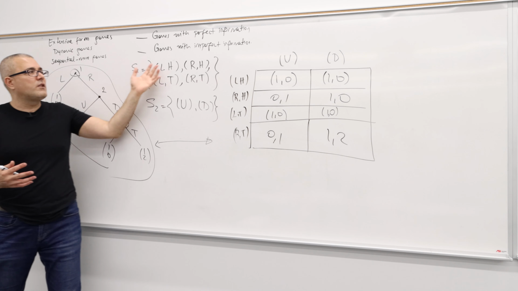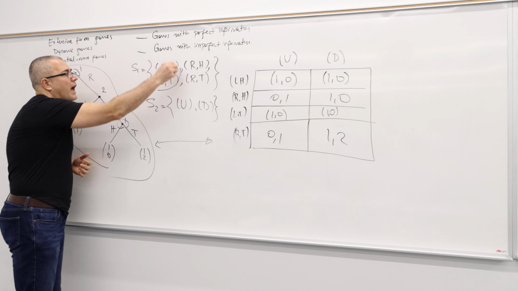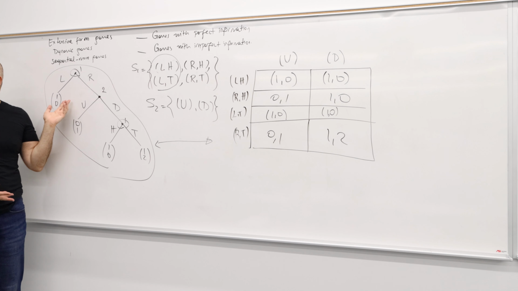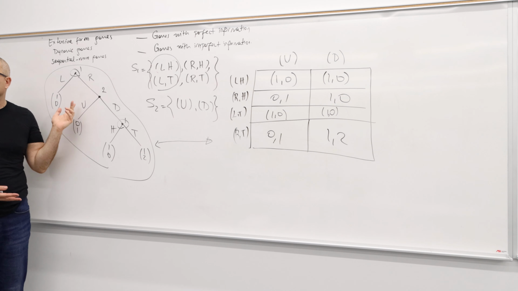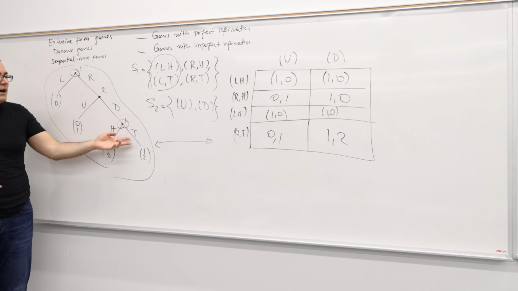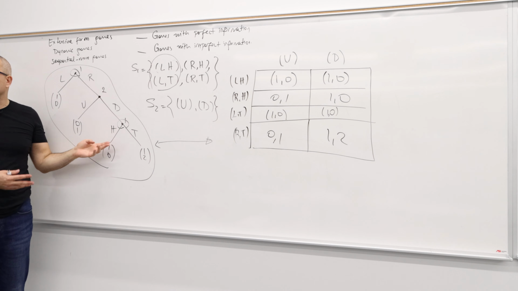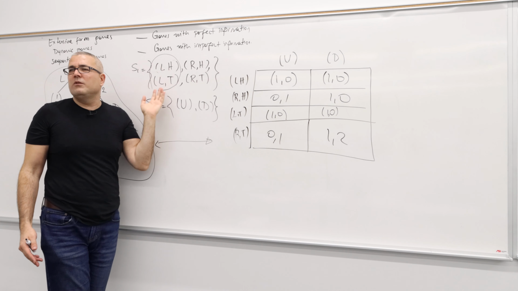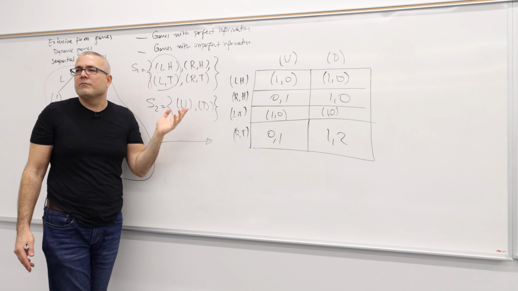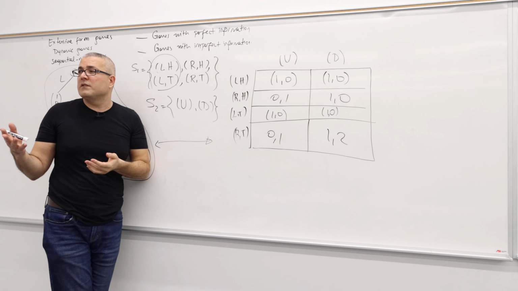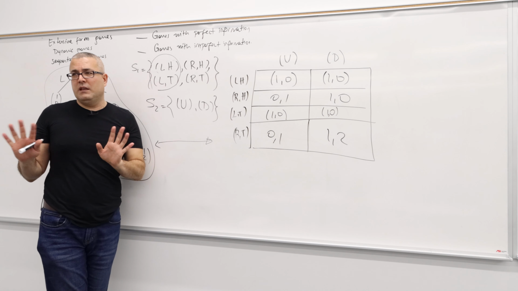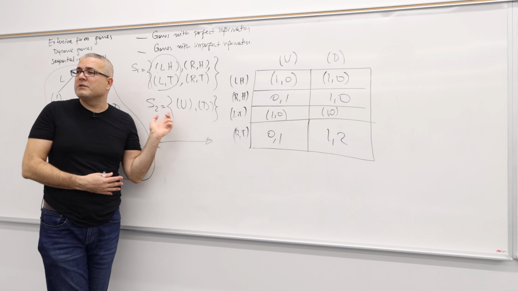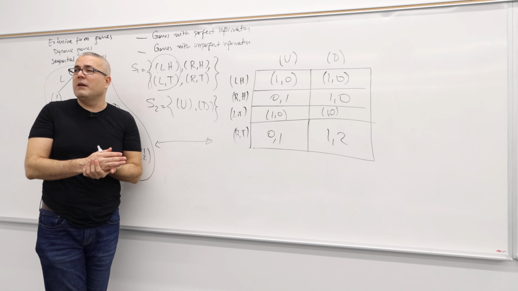So the thing is, I have those strategies. Obviously, LH and LT make no difference, right? Because I'm going to finish the game immediately at the beginning. So it really doesn't matter whether I assign H or T in my second decision node. So you may ask, why do we really have two different strategies here? Why not just one? This is just mathematical convenience, trust me. It's going to make our life easier. Not in this game. I know it's counterintuitive in games like this, but in more complicated games, it actually makes